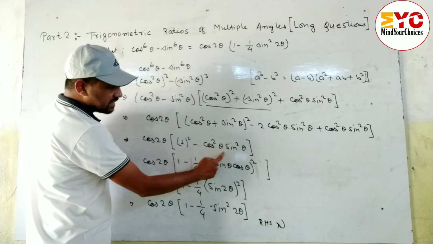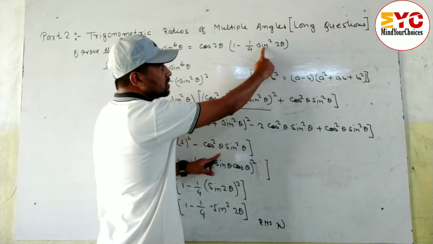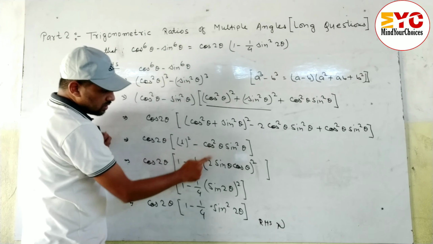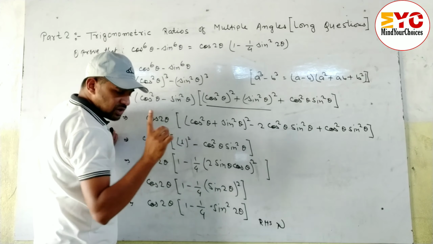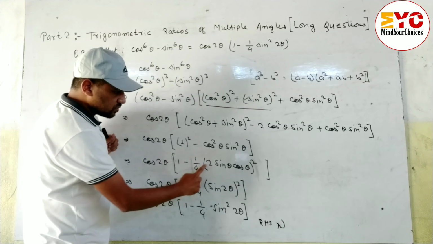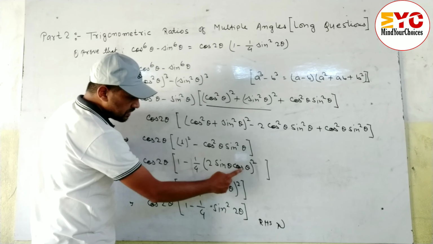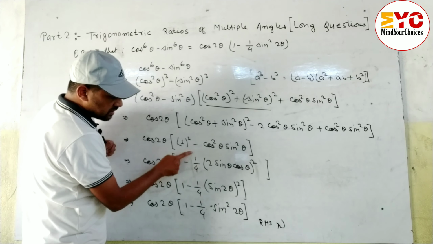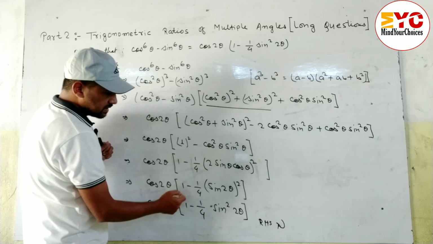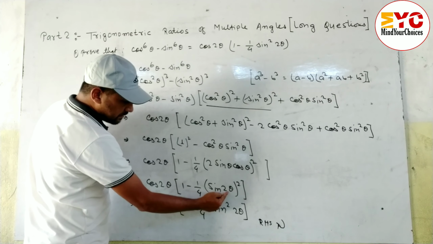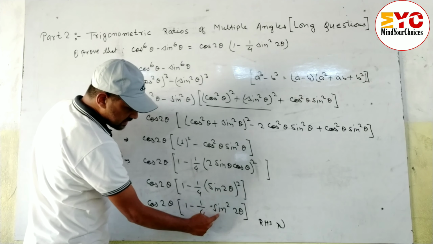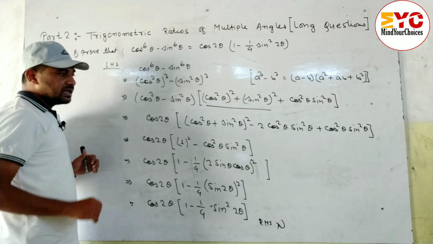Now we have to convert this in the form of sin 2 theta, because we need here sin 2 theta. So here we have to write down 2. Formula of sin 2 theta is 2 sin theta cos theta. So we wrote here 2 sin theta cos theta. 2 square means 4, so that's why we wrote here 1 by 4, so we can cancel. Now this is the formula of sin 2 theta. Okay, sin 2 theta square means sin square 2 theta. Other we have to copy same. Hope you understand this question.